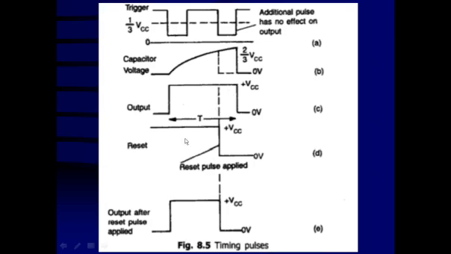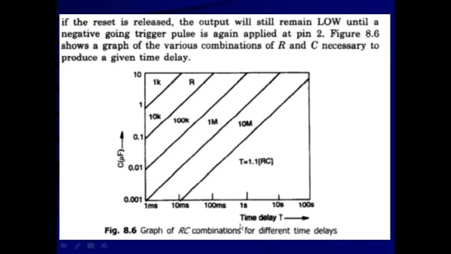Now see what reset pulse can be done. This is your reset terminal, pin number 4. Normally it is connected high, so it remains inactive. But when it is made active, when it changes from high to low, while the output is already in the unstable state, that means it is already high, at that time when reset is activated from high to low, the output is going to be interrupted, and the output suddenly at that instant of time goes from high to low. So that is the function of the reset terminal here.